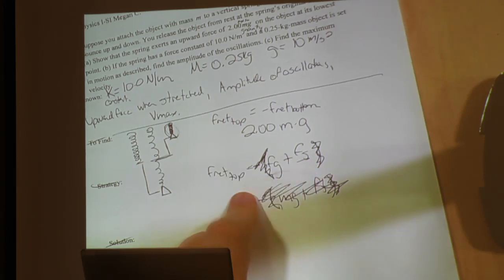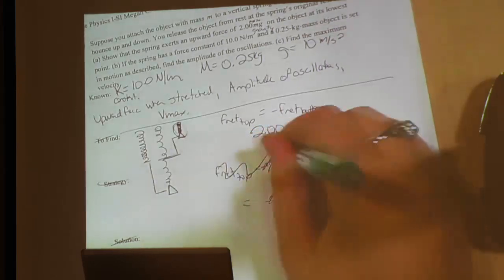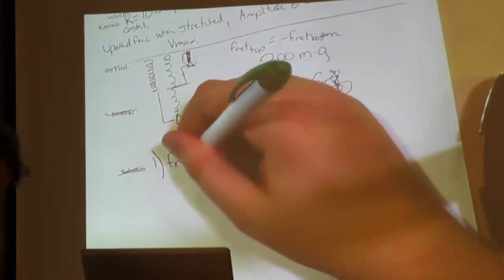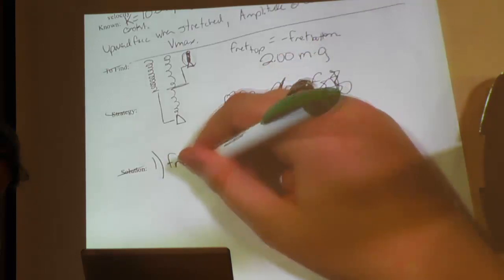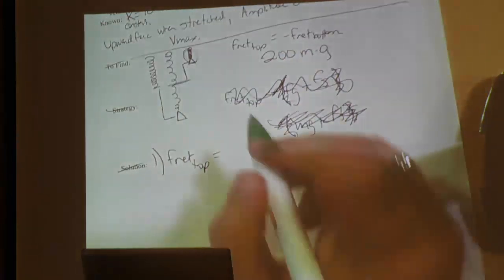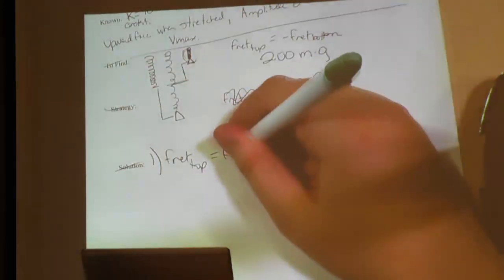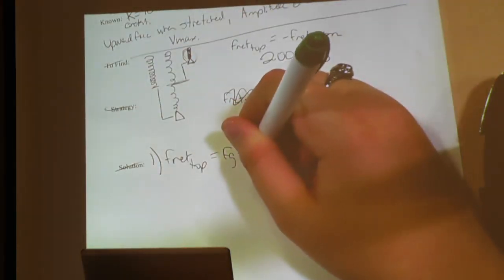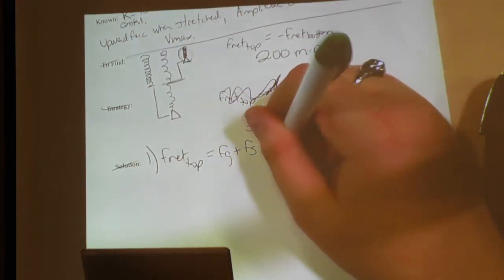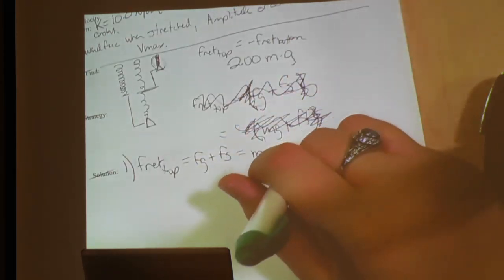Okay. So I'm going to rewrite this since I started getting off on a tangent and moving ahead of where I was actually at. So we're going to rewrite this real fast. My bad, my mistake. Okay, so F net is going to be the top. We're going to find this first. So we have the two forces acting there, and those are going to be the force of gravity, we decided, and the force of the spring. We know that the force of gravity is going to be mg, and